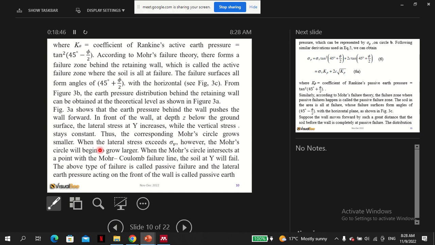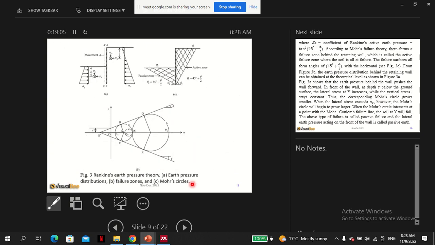When the lateral stress exceeds sigma v, however, the Mohr circle will begin to grow larger when the Mohr circle intersects the point with Mohr-Coulomb failure, so that Y will fail. The above failure type is called passive failure. So this is the part I already explained, that here the sigma H is going to grow smaller. For a moment sigma H grows smaller, but because of the squeezing, the compression, it gets bigger until it crosses this other side, and so the Mohr circle grows larger until it touches the failure